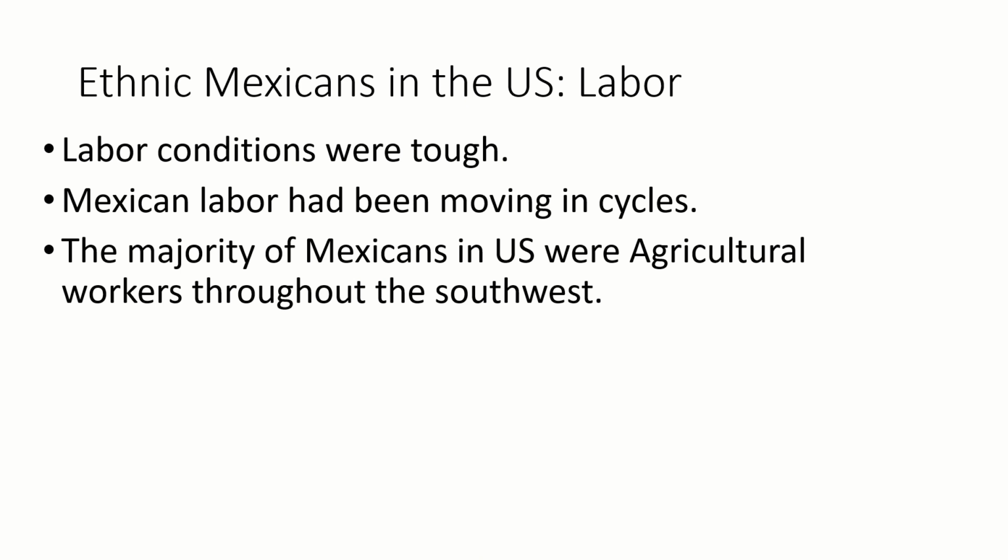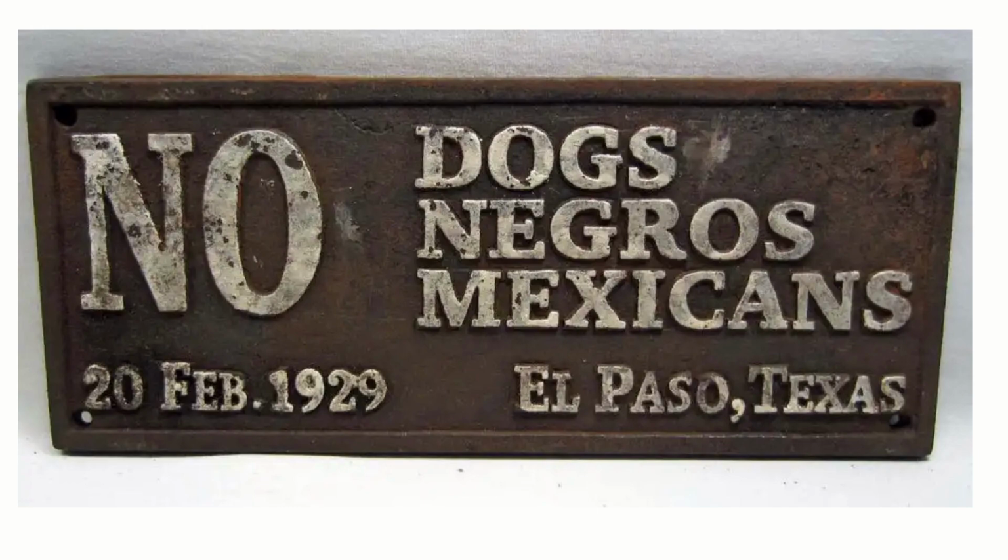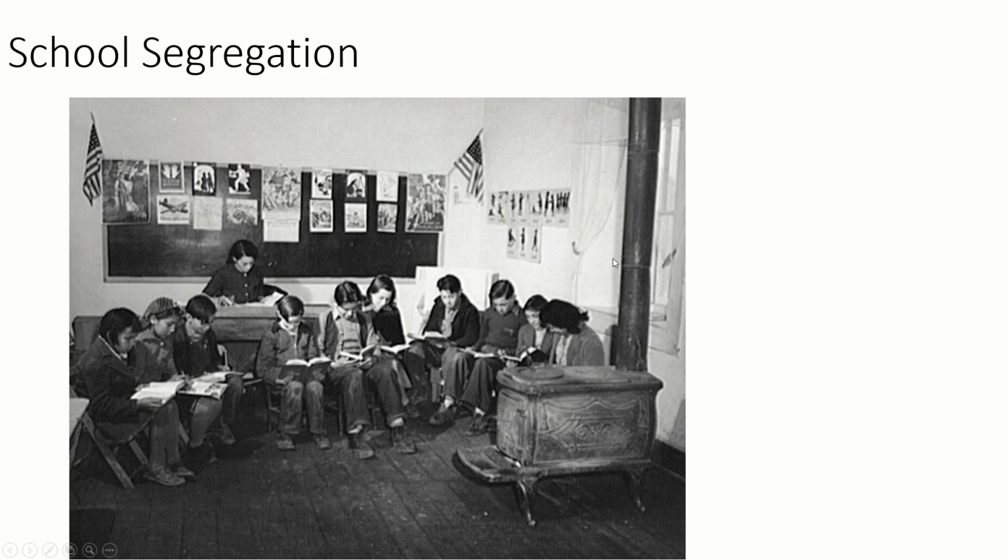So like we talked about earlier in the year, ethnic Mexicans in the United States have had a very tough go. Mexican labor conditions were very, very tough. Braceros were brought in and discriminated against heavily. And as well as, the majority of Mexicans who had lived in the U.S. going back to the Mexican-American War had largely been taken advantage of and exploited. And so in a lot of ways, in a lot of these places, the Mexican Americans are going to be treated similarly to other racial minorities and are going to have violence and discrimination done against them.